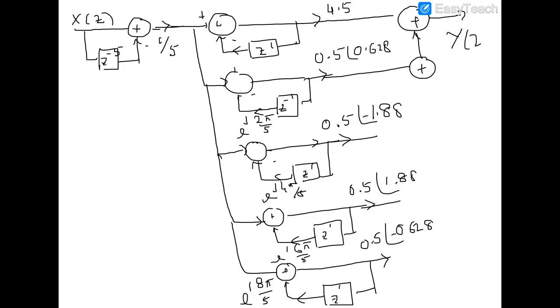Y of z. And whatever realization we have done is single pole realization. Now, we will exploit the property that h of k is equal to s conjugate of m minus k. If you exploit this property, we can realize h2 of z, h1 of z will remain as it is.